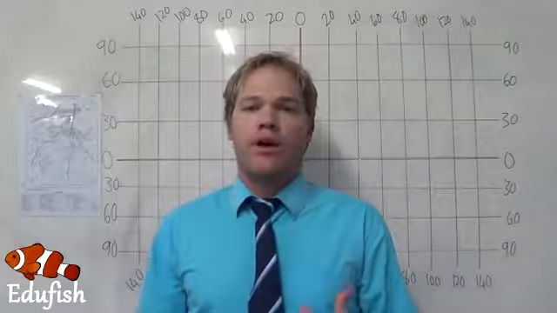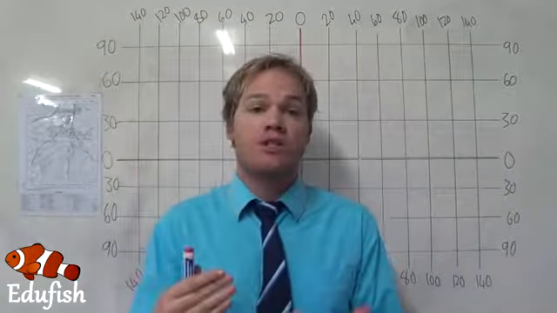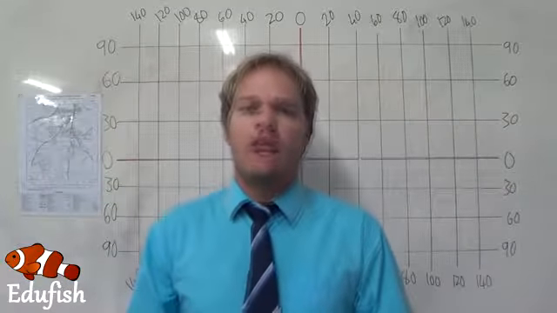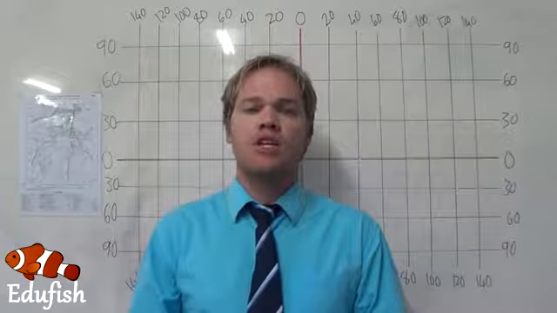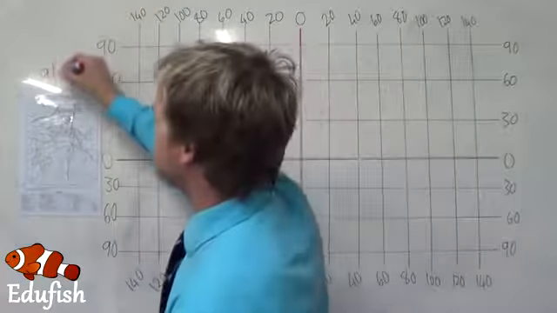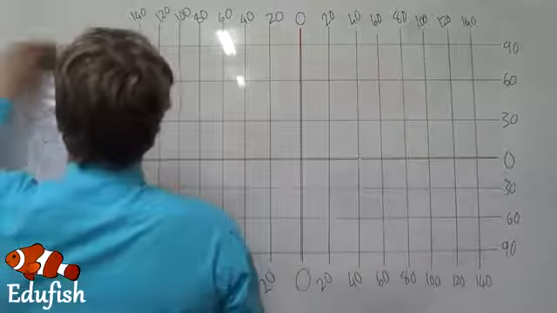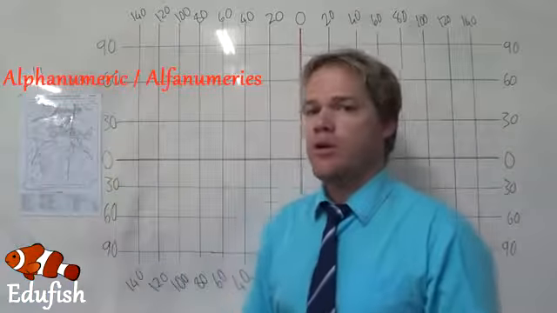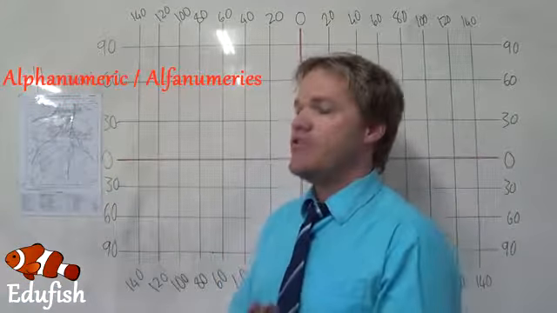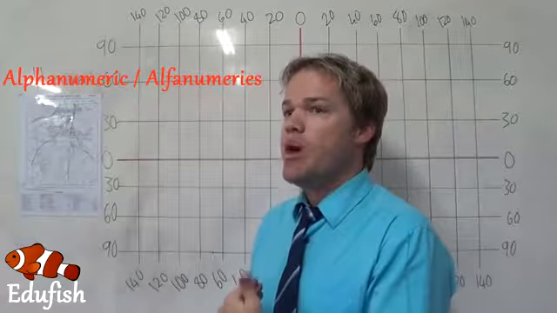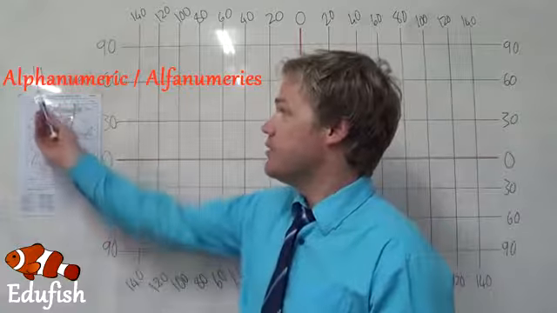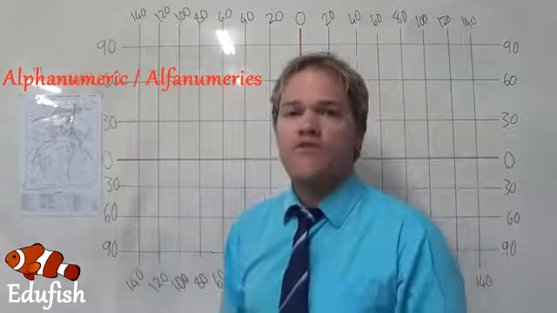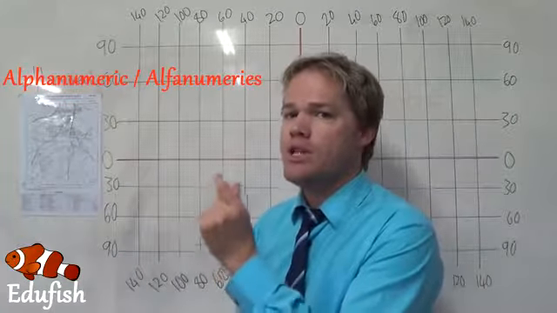Now, when we work with certain places and certain locations on a map, there's two kinds of references we can use. The first one I'm going to talk about is the alphanumeric reference. Alphanumeric says that it refers to something using characters both from the alphabet, alpha, in other words, letters, as well as numbers. So, first of all, we're going to have one or two letters,